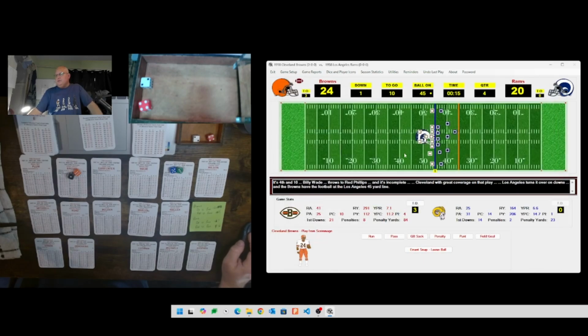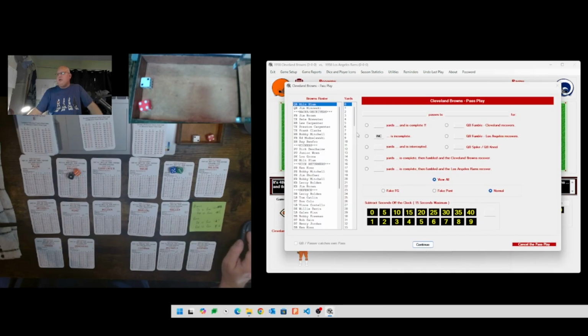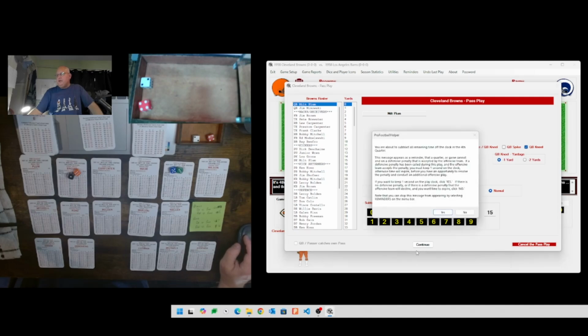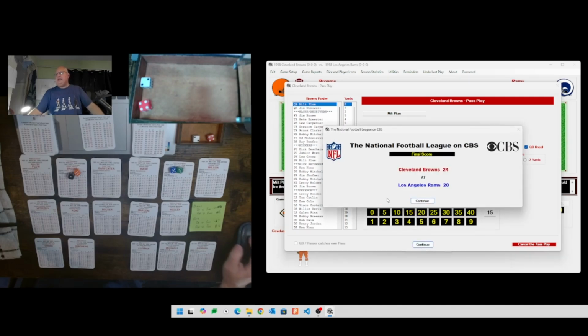Incomplete. Browns are going to take over on downs. They'll run one play. Milt Plum will get another negative play to his stats, but it's good because it's victory formation. And that is going to end it with the Browns coming back after being down 14-0, coming all the way back,